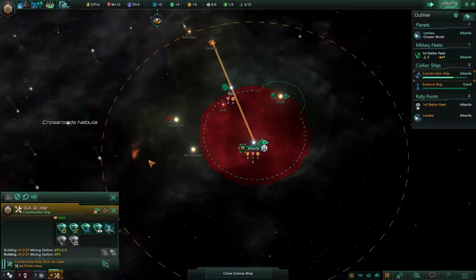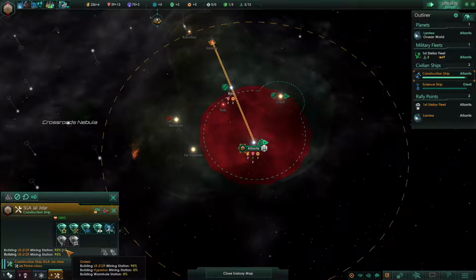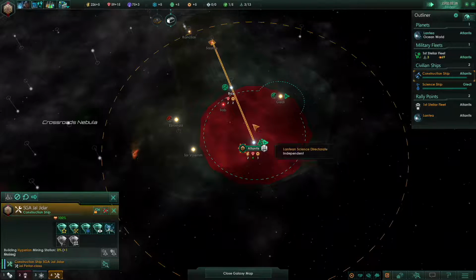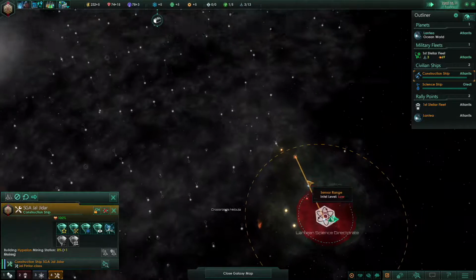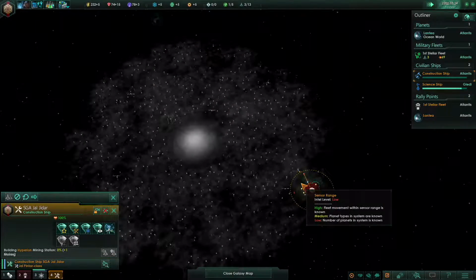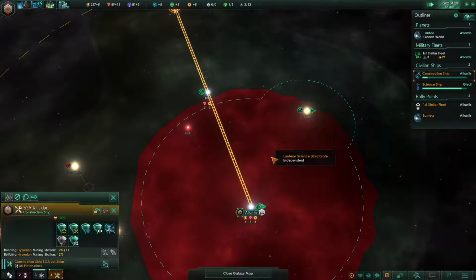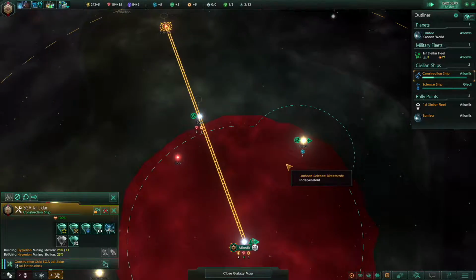And now it is building the LR2129 mining station. Construction complete. There we go. It's a very quiet time here. But it looks like we got off to a good start, although...